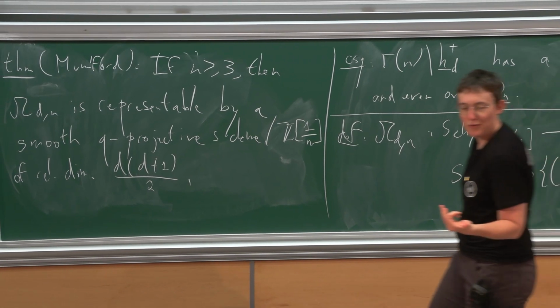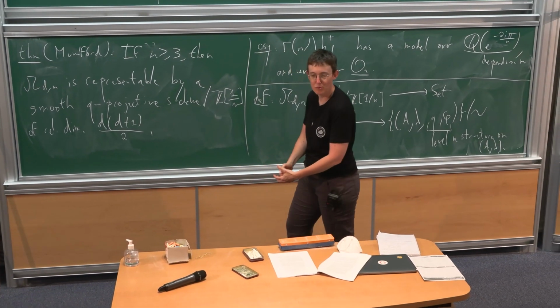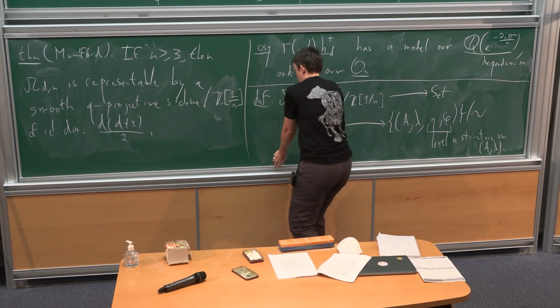So now I get a model of something over Q. So the question is, what do I get a model of over Q? So what are the C points of that guy? Well,